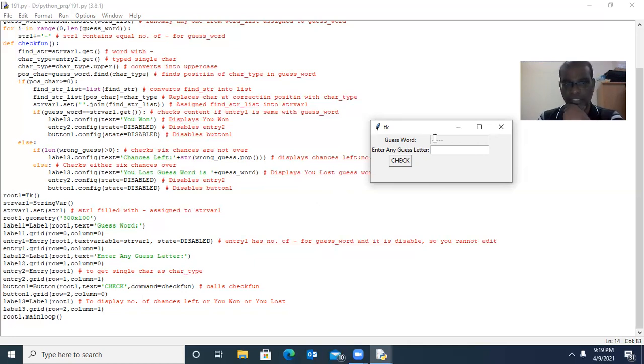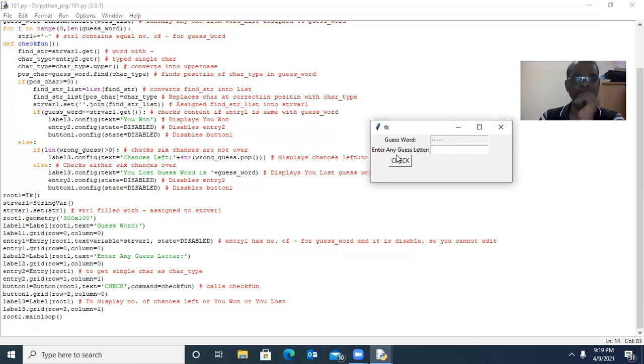See, the number of hyphens are there. So state is disabled. By default, you cannot enter anything here. You cannot edit here. Afterwards, we place entry 1 in 0th row and first column. Good. After that, we are creating one more label, that is label 2, with text enter any guess letter. Here, this is the label 2.